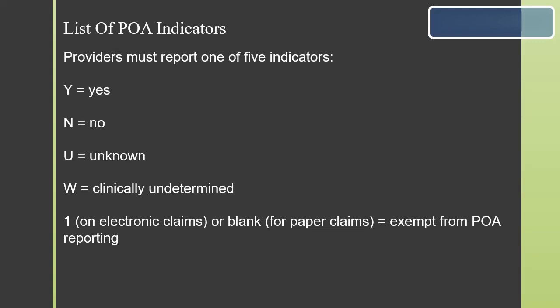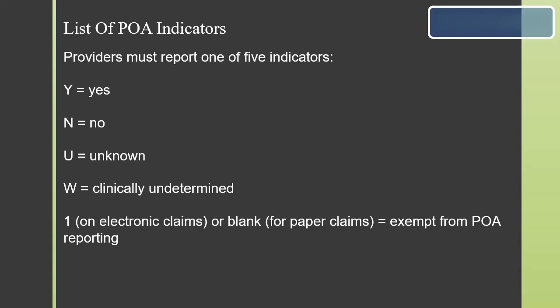But it should be rarely used, not only because it can result in financial loss to the facility, but also because it might signal non-compliance with the documentation and patient care. We need to query the provider if possible, or otherwise CMS will not pay the CC, MCC, DRG for those selected hospital acquired conditions that are coded as a U POA indicator. POA indicator W. This is for the case where it is clinically impossible to tell whether the condition was present already on admission or not. CMS will pay the CC, MCC, DRG for those selected hospital acquired conditions that are coded as W for